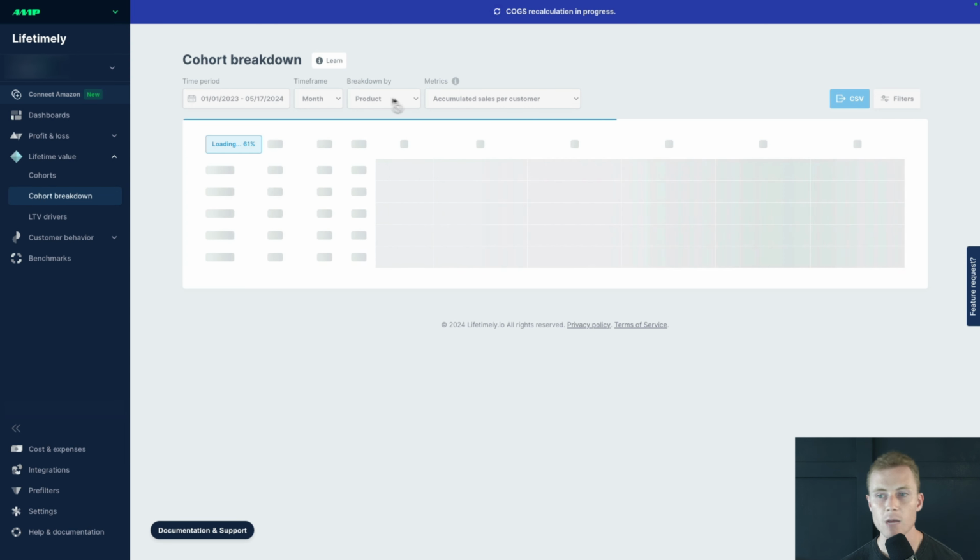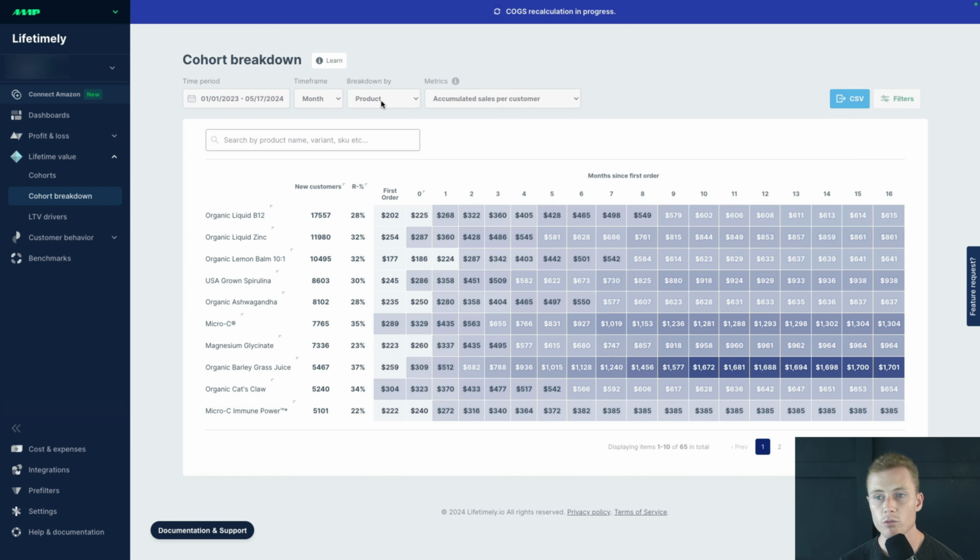So you can break it down by product. You can break it down by discount code. We can break it down by order tag. So in this case, we can see most of the new customers for this brand come through their organic liquid B12. First order is worth $202, all the way on to, by month 16, they're worth about $615 to the brand. Now, the customers who come in and acquire the organic barley grass juice, while it's only a third